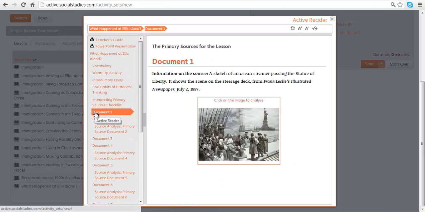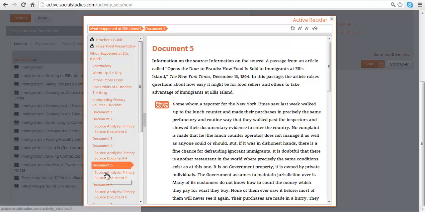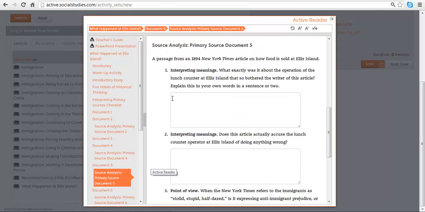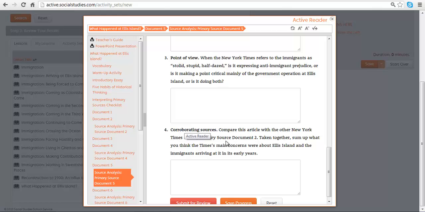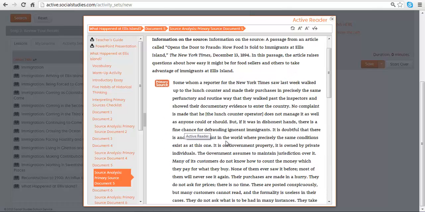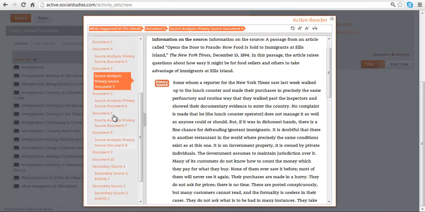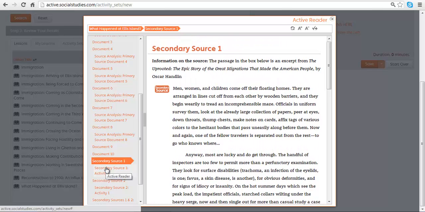The students can analyze the primary sources. The visual primary sources launch our image examiner, where they're allowed to use the magnifying glass to analyze the sources. The textual primary sources also can be analyzed, culminating in the students interpreting meanings and understanding point of view, and they're able to input all of this information, here's corroborating sources, into the system as they proceed through from one document to the next. They move along until they get to the secondary sources, and what's really unique about this